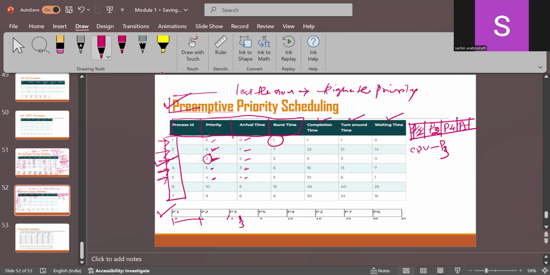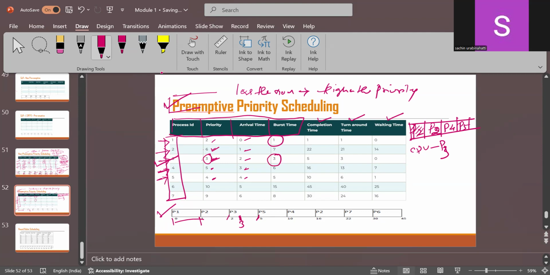So 3 is definitely less than 4 and 5. So definitely this is still having the highest priority. So P4 and P5 will stay in the queue until P3 has been executed. Now at the fifth unit of time, if you see, the burst time of P3 has been completed and P3